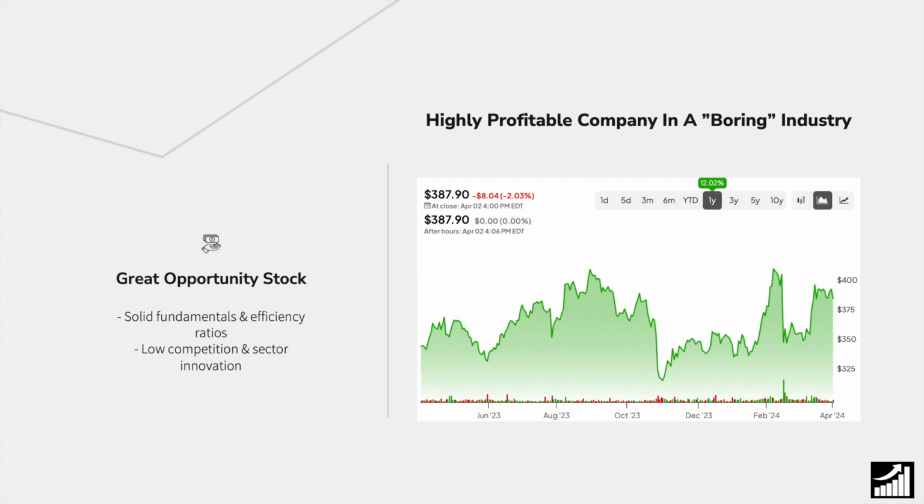Ticker symbol WST has returned over 12% in the past year, and boy has it been a wild ride. It got to all-time highs in September, to then get to the yearly lows in November, get back again to all-time highs in February 2024, dip down and then come back up for now April. But I believe that today we'll be looking at a highly profitable company in what you would call a boring